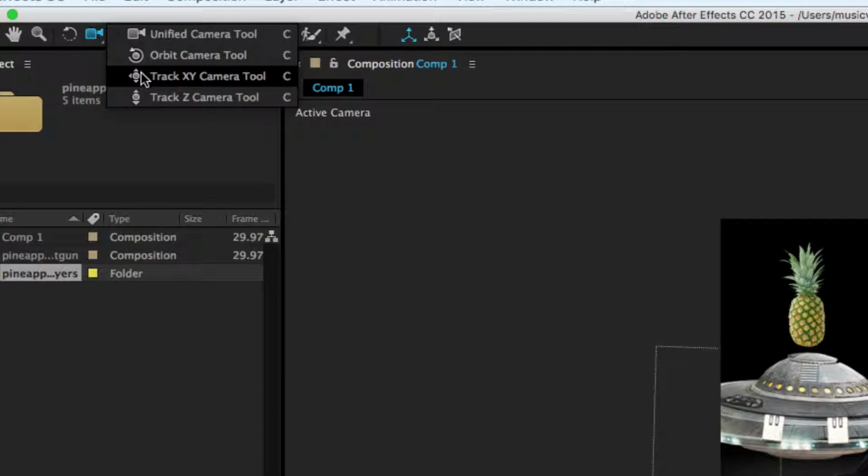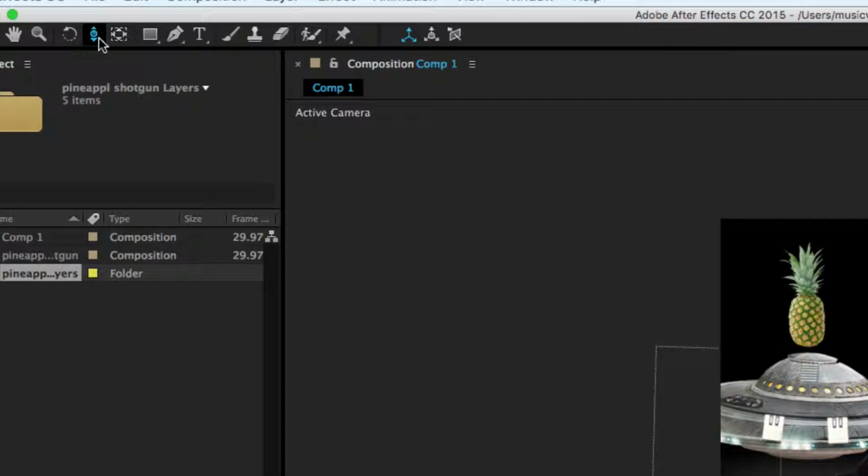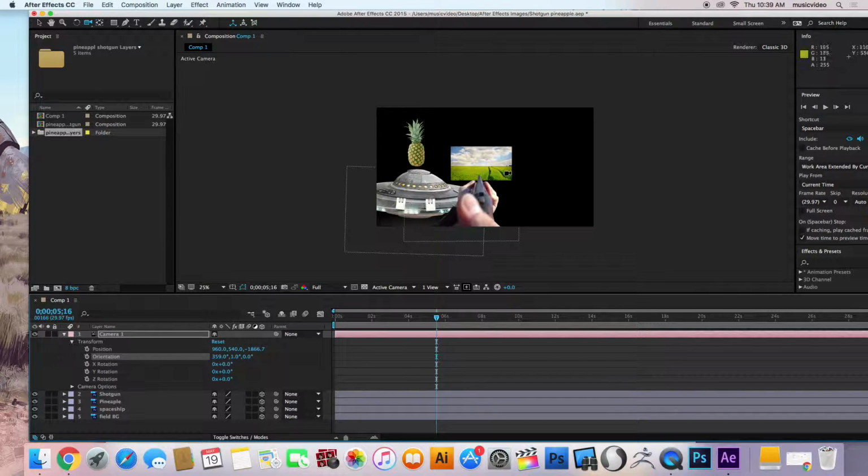Unified camera, orbit, track XY, and then track Z. I usually just hit the letter C to cycle through. So that one is my track Z, forward and backward. That's unified camera. I'm actually going to show you unified camera right now just so you can see the depth